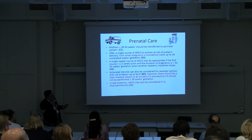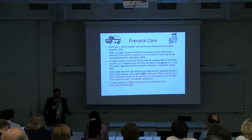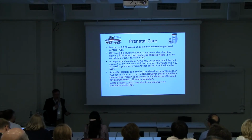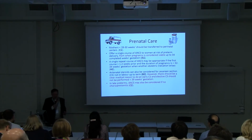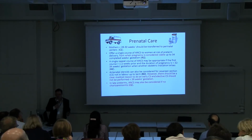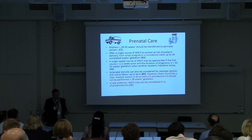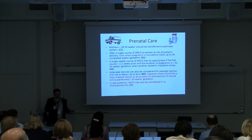There's clear evidence that steroids will reduce mortality from RDS. They've changed the wording in the most recent guideline to "from when the pregnancy is considered viable", because in previous guidelines we'd said from about 24 weeks, but nowadays we look after babies of 23 weeks gestation, so it's reasonable to offer steroids at 22 weeks, even though there's not much evidence from randomized controlled trials very specifically in that gestational age group. If the mother hasn't delivered after a first course of steroids, there is evidence that a second course of steroids, if the mother presents again before 34 weeks, will further reduce respiratory morbidity. So there's a recommendation that we should use a second course, but the strength of recommendation is maybe slightly weaker because there hasn't been an awful lot of long-term follow-up data looking at the effects of repeat courses of steroids